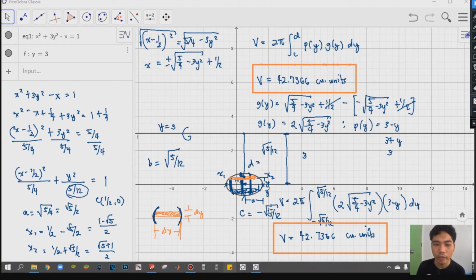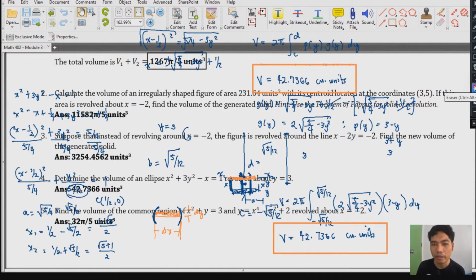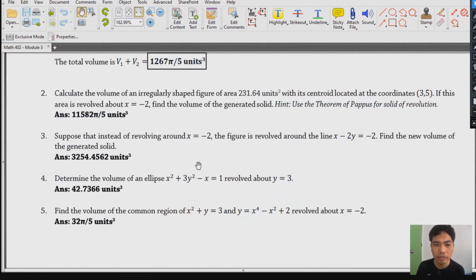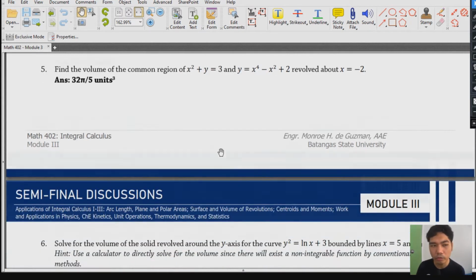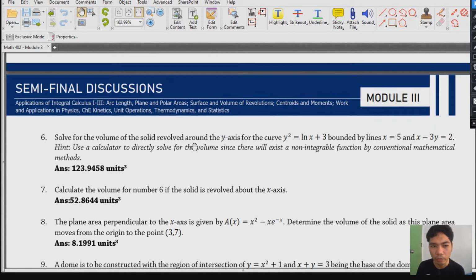So let's move forward na siguro sa next item, but I think I'll be skipping some of this kasi yung concept same lang din naman. So number 4 is we have a volume in a certain surface na buo siya, di ba? Now this one, there is a common region between this. So I'll try to browse over the other problems and I will pick out the